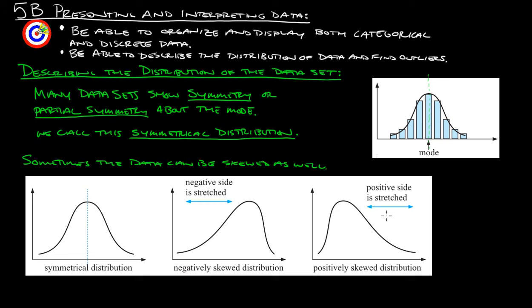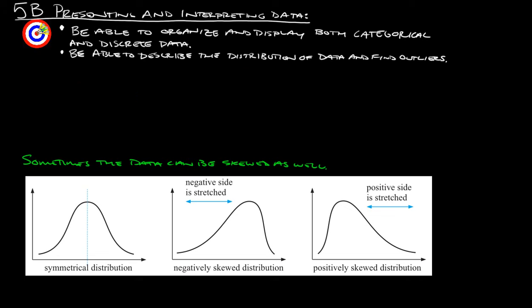Okay. And then the other way is if you take that top piece and pull it to the left there, the positive side gets stretched. So that's called a positively skewed distribution. All right. Okay. Last thing, we're going to take a look